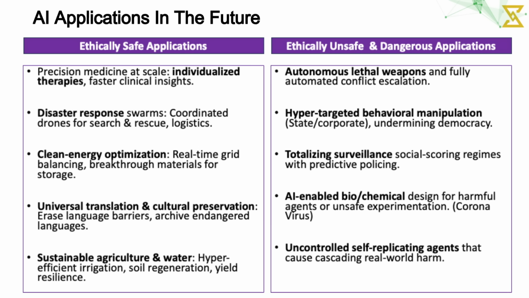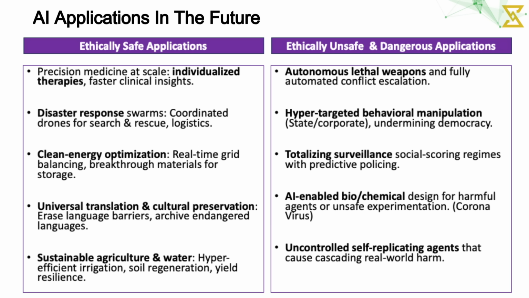Disaster response swarms can be used to launch coordinated drones or robots for search and rescue and disaster management logistics, real-time power grid balancing, breakthrough materials for energy storage, and clean energy optimization. Archive endangered languages and preserve ancient cultures using universal language translation. And finally, in the area of sustainable agriculture and water, AI can be used for hyper-efficient irrigation, soil regeneration, and